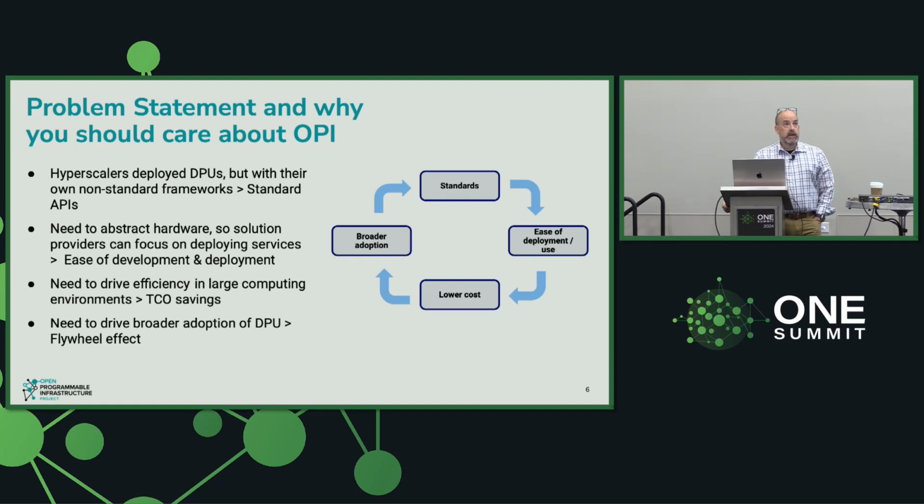In previous iterations of Nginx, say a smart NIC, I work for F5, we would have to write our software and our drivers for each and every vendor's card. And in some cases, each and every version of the card as it came out, we would have to write specifically to that card. OPI started, like I said, about 3 years ago when Red Hat, IBM, Intel, and F5